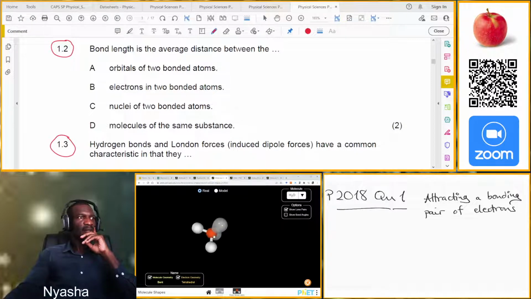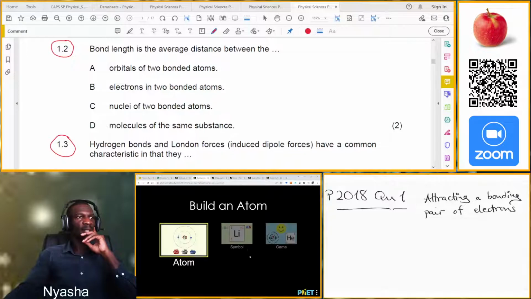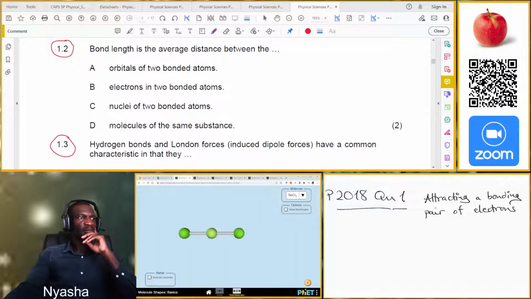So we have some objects here. These are just bond angles, so it's not going to help. Right here is for us to build an atom, and this is the molecule geometry, just bond angles, and we cannot tell any more information from that. Okay, so I can't show you a measurement that has to do with the bond